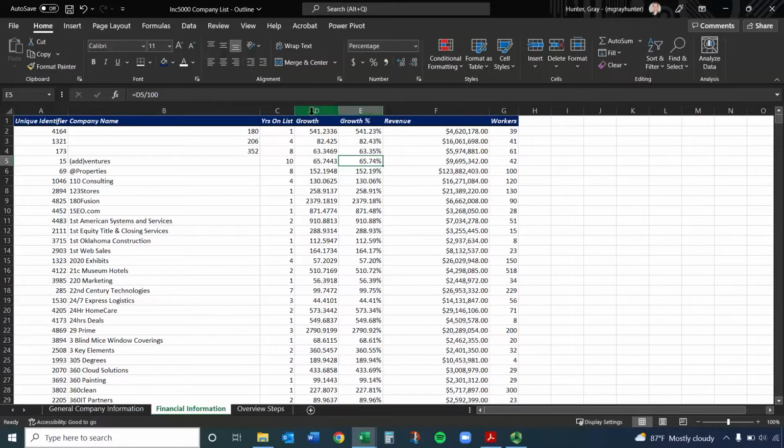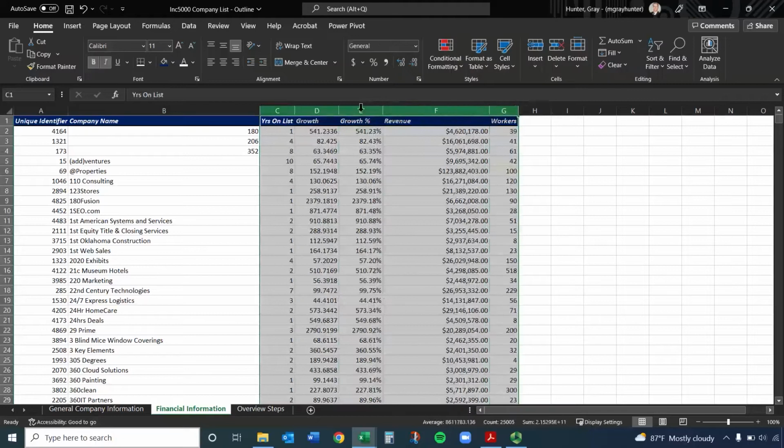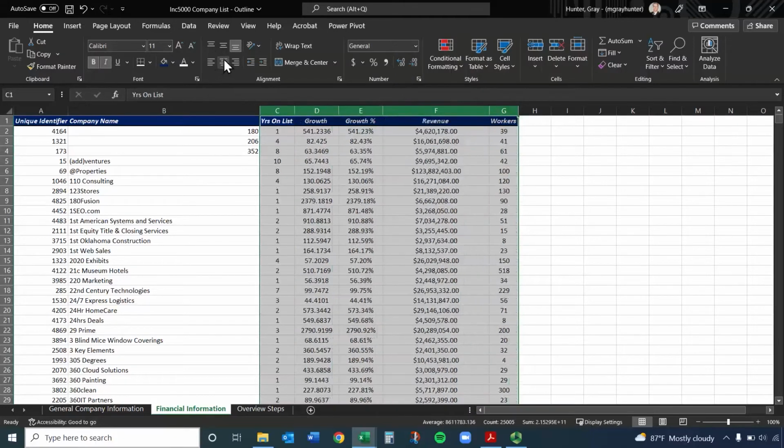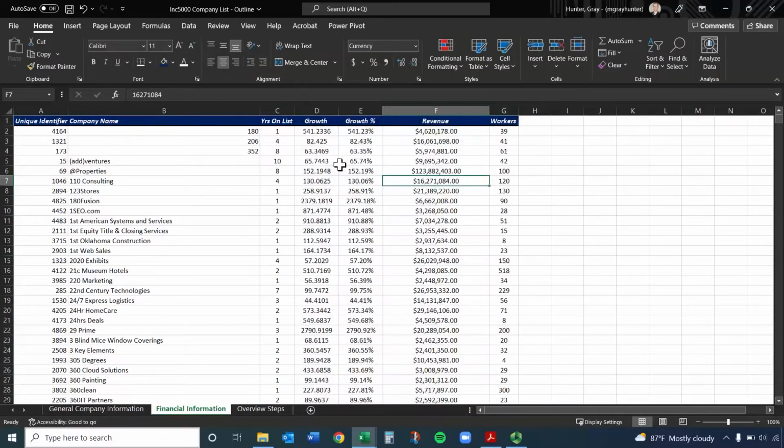Honestly, a lot of people don't like to center their data. I do like to center my data. So I'll do something like this, and then center. Some people don't like that, but I like to do it, and it's kind of up to you. You do have to be careful